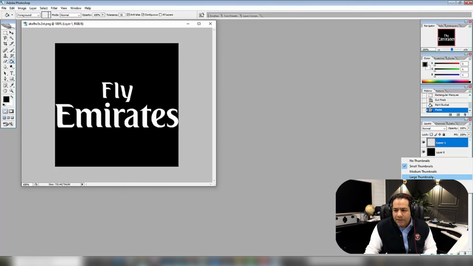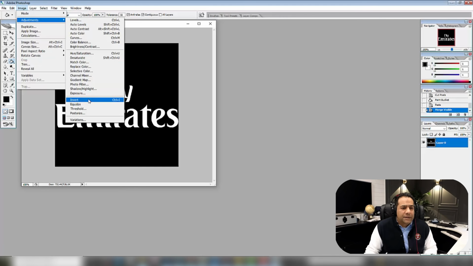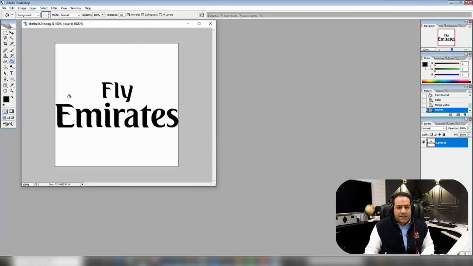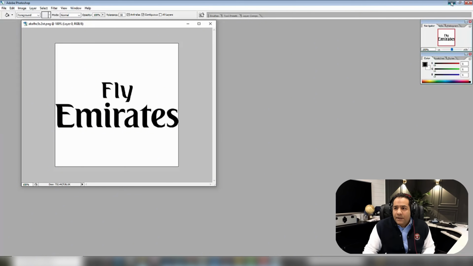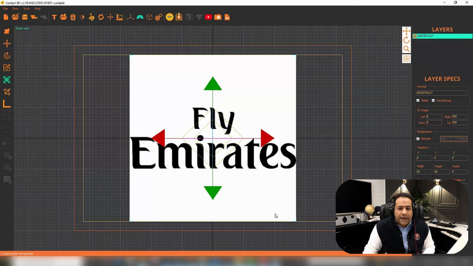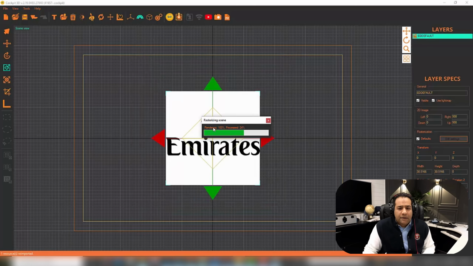We're going to merge these layers, and I'm going to invert this. So image, adjustment, invert. All right, so this is exactly what I don't want. If the customer sent this to me, I would be making it white on black. So let me show you why. I'm going to save this, come back here, click on refresh, and if I click on go and convert it to